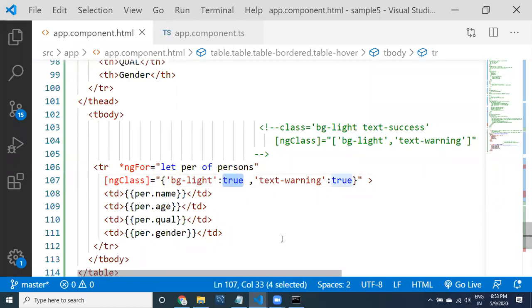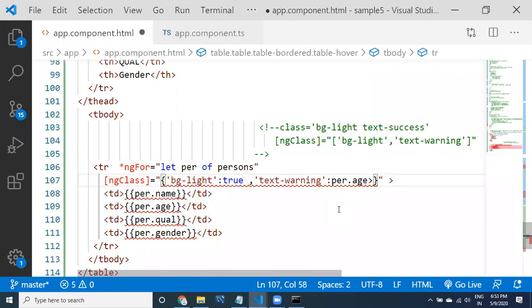So actually, instead of taking true, let it be true, and for this I would like to apply some kind of expression, the same expression that I have used before. I'm going to take the AHPR. See here, guys, I am writing an expression, that's why I did not provide single quotes. PR dot AH is greater than 24. If it is greater than 24, the warning color is going to be displayed. Less than, I'm going to take another class.